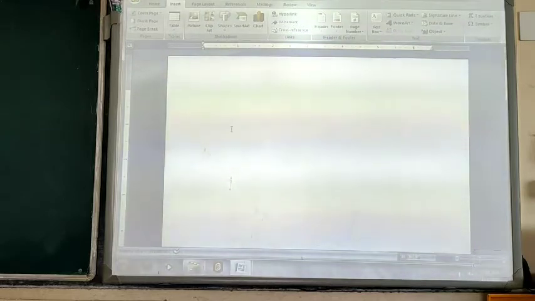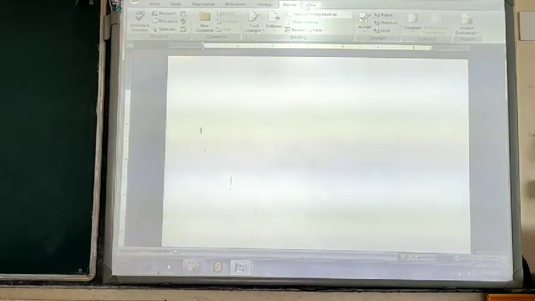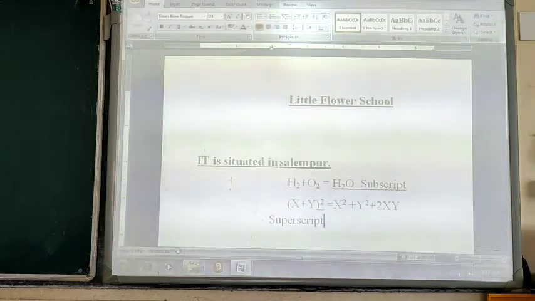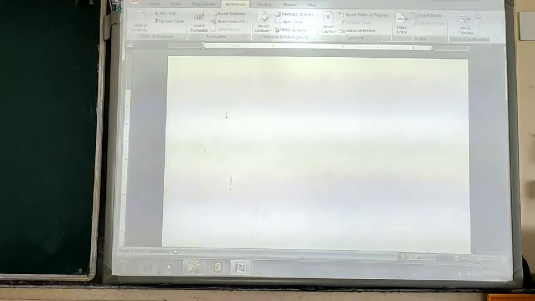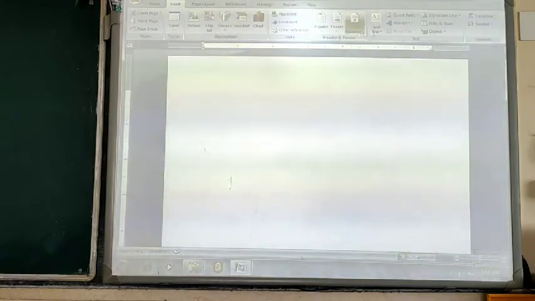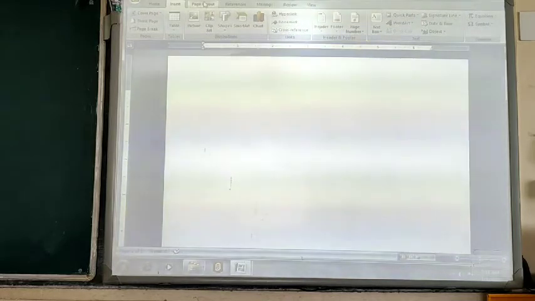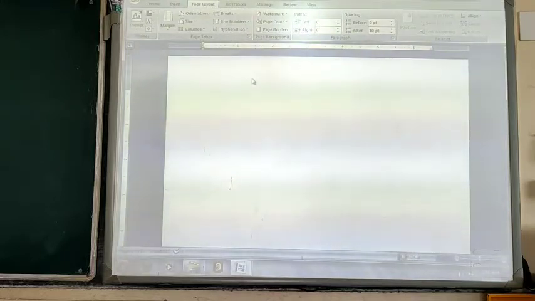So first of all, for that, what you have to do, click on the page layout option. Click on the page layout option, or if you are using the